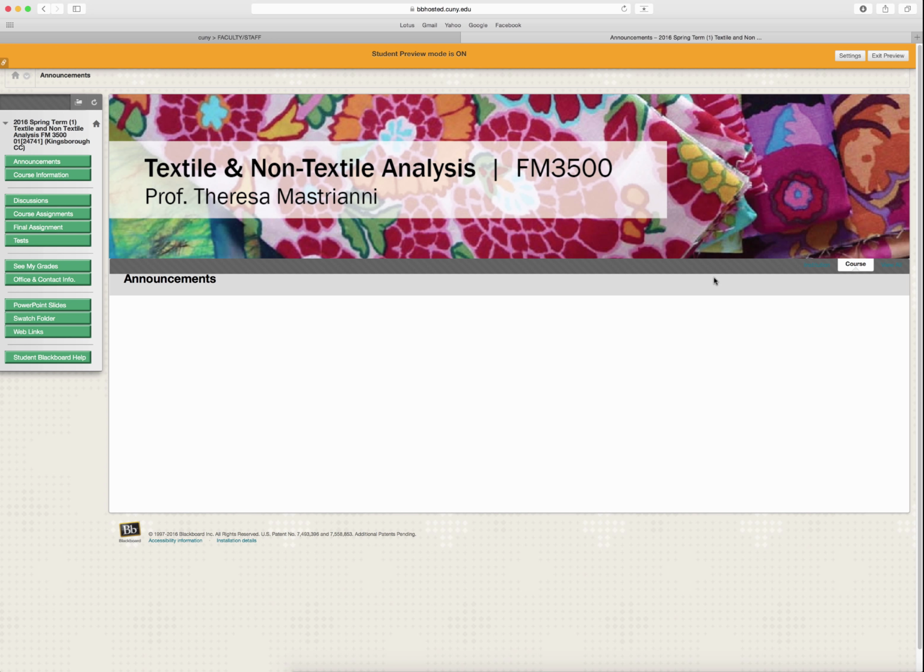There's a banner as you open up the class, and you can see it has some textile swatches. It identifies the course the students are in, textile and non-textile, that I am the teacher, Theresa Mastrianni, and the course number, which is FM35. If you look to the left, you will see that there are various tabs. I'm going to have a little